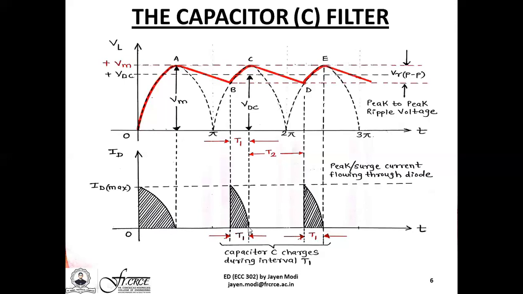So the only drawback of the capacitor filter is again the peak or the surge current that flows through the PN junction diode. Now we are all aware of the fact that capacitors prevent a sudden change in voltage across them, whereas inductors are passive components that oppose the sudden change in current through them. So these current spikes that flow through the PN junction diodes can definitely be minimized or greatly decreased with the use of inductors.